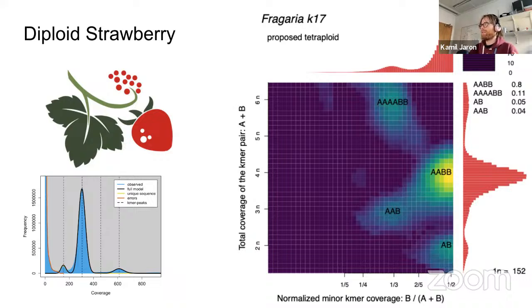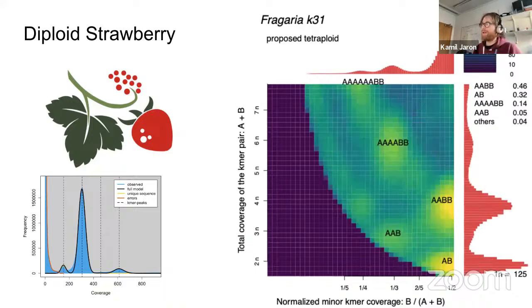So for k=17, you have this. Now I will increase k. Any guesses on what's going to happen? Do you think that the AB will increase or decrease? Do thumbs up if you think it will increase, and thumbs down if you think it will decrease as a relative intensity, if we increase k. Decrease, increase, decrease. So it will increase. At 31 we already have that AB is 32%.